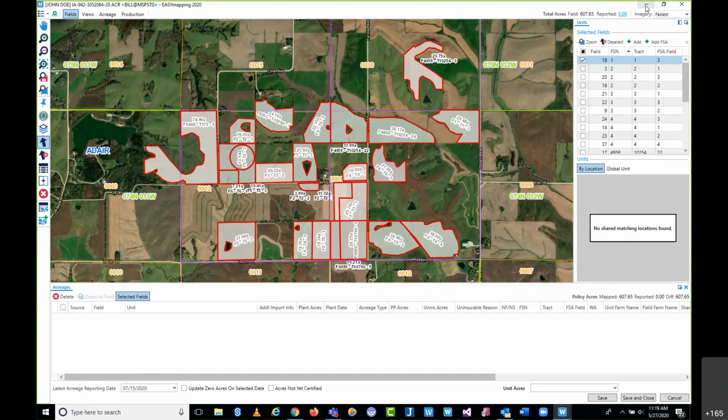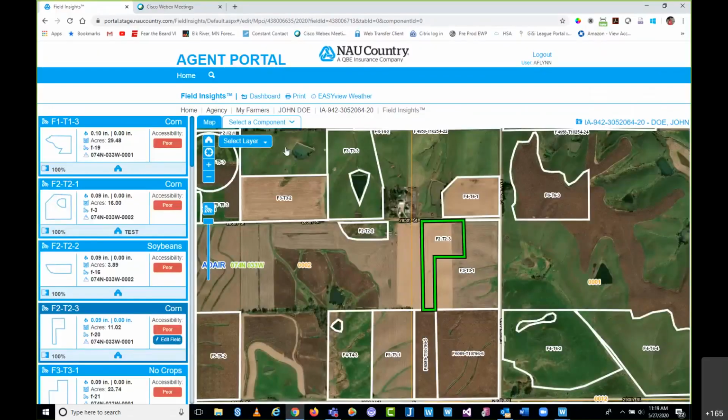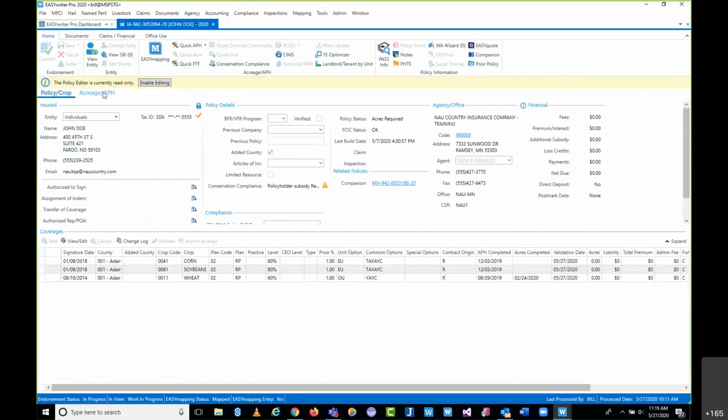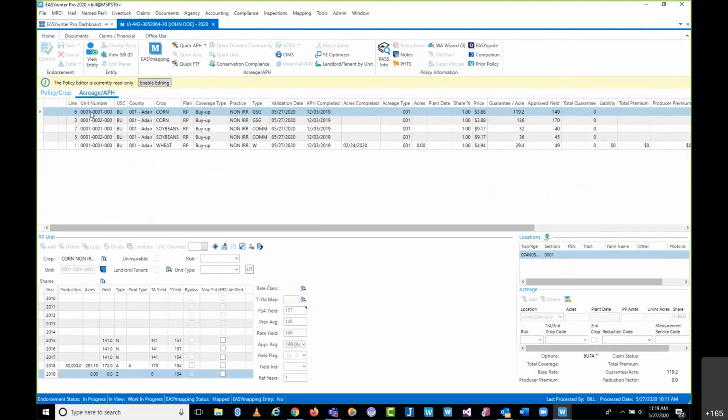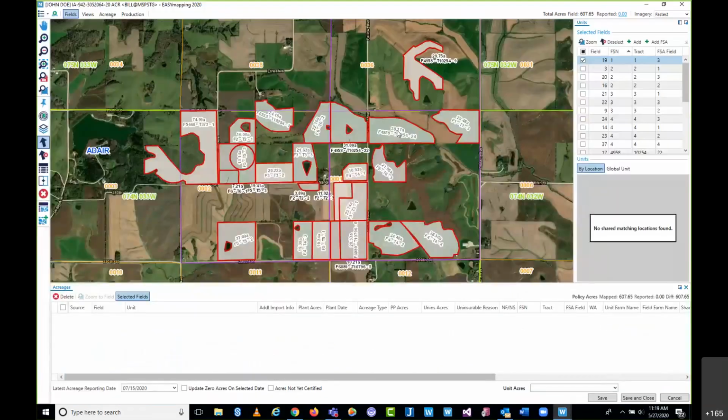Just to kind of give you a visual. What I'm referencing when I say the unit's location is this here. So you can see here, for example, unit 0101 of corn has 7433 section 1. That unit only carries this location data, but on EASYmapping, I've selected all fields, and so